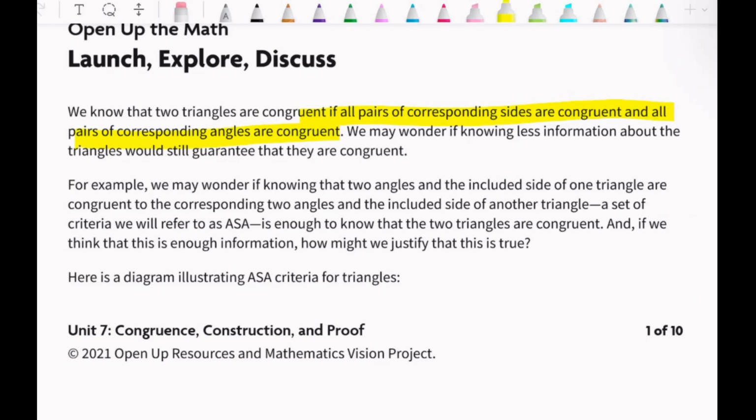So we may wonder if knowing less information about the triangles would still guarantee that they are congruent. And that's our goal for today. Our goal is, do we really need all that information in order to prove triangle congruence? For example, we may wonder if knowing that two angles and the included side of one triangle,